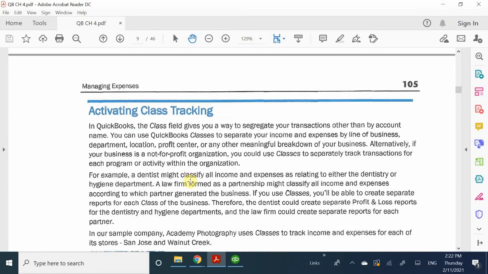So this is very, very important because it allows you to categorize your income and your expenses based on a list of these things, right? You can separate them based on line of product, your product line. It could be your profit center. It could be based on location, right? And it could be any other meaningful way. So, for example, right,